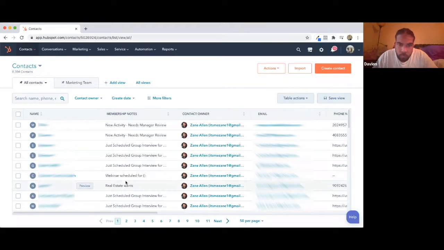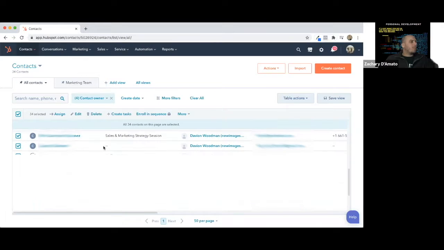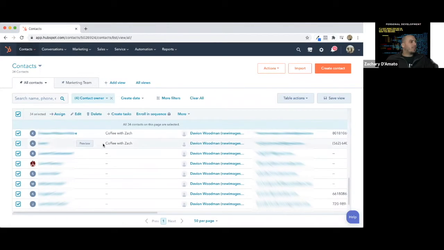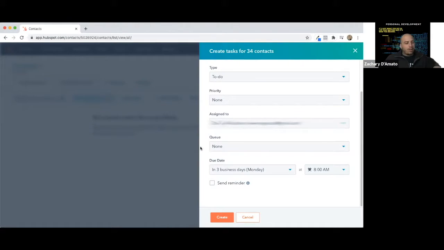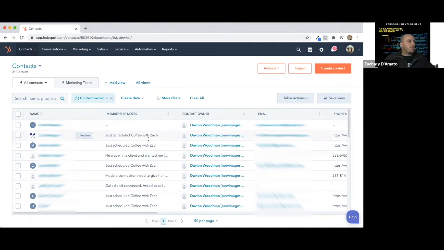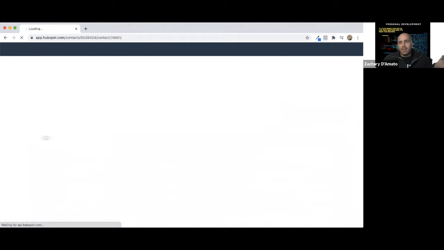You'll then see the contact in your section. With these contacts, I'm actually going to create a task for you. I'm assigning you contacts here, and I'm going to show you how to work those contacts, how to log a call on the contacts, how to keep notes on the contacts. Some of these people are going to be just scheduled, this person just scheduled coffee with Zach. Okay. In the membership notes, it tells you this guy just scheduled a call with coffee with Zach. So this guy, we'll click on the name,